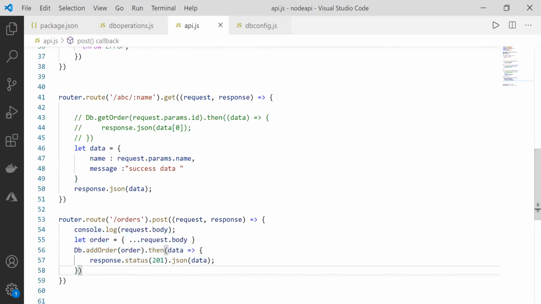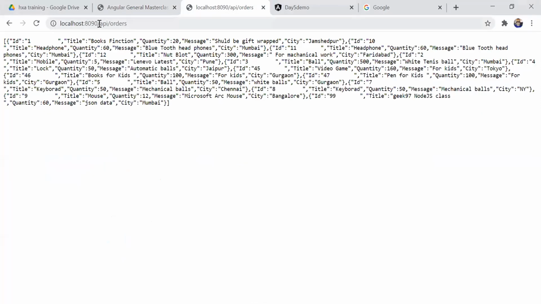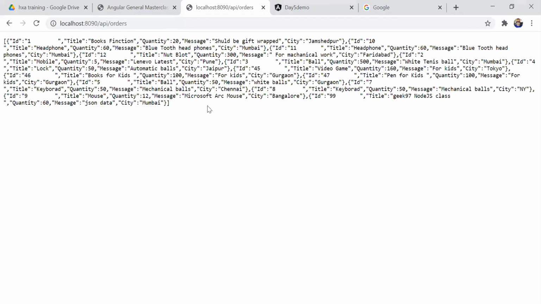This API is running fine. If I go and show you the browser, you can see that the API is running. API orders, and here you are getting the data from SQL Server. So keep in mind, you can test the get operation in the browser. However, to test the API, we have different tools like Postman, Fiddler, and you can use them to test. It is not in the